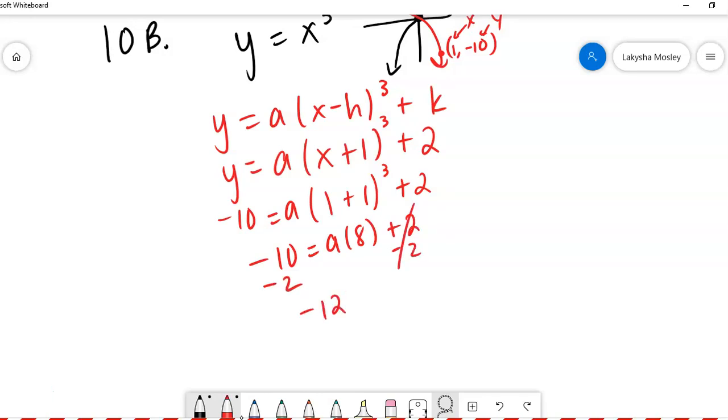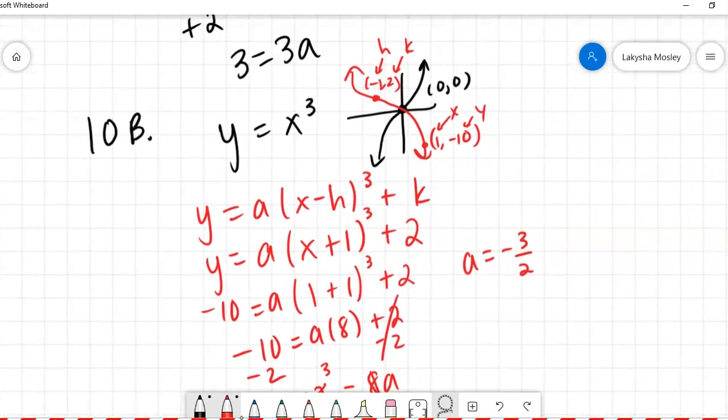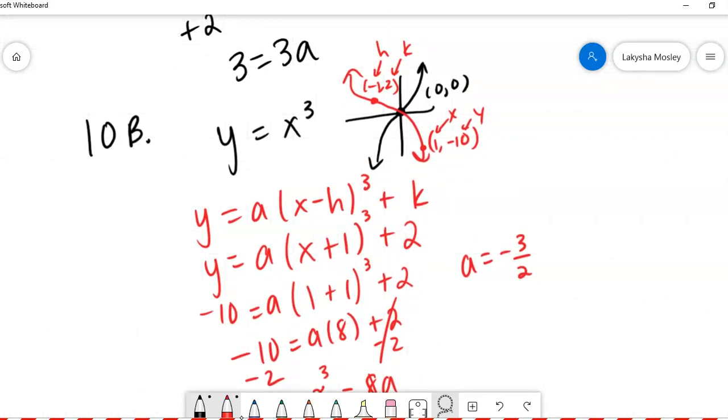And so we get negative 12 is equal to, I'm going to just put that coefficient in the front, divide by 8. Okay, so I have A is equal to, and then I'm reducing these both by dividing them by 4. So that will become a 3, divide that by 4, that becomes a 2, so negative 3 halves. Okay, which is great, right? Because there was a reflection, so my A is negative, so there must be a reflection across the x-axis,